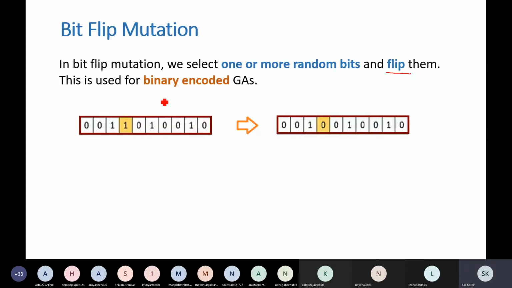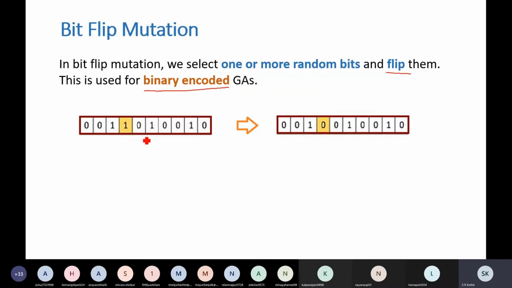Therefore, bit flip mutation will be used where your representation is binary, where chromosomes or your solution is represented as a string of binary bits. So bit flip mutation can be applied if and only if binary encoding is used. What we do in bit flip mutation, we select one or more random bits and flip them.